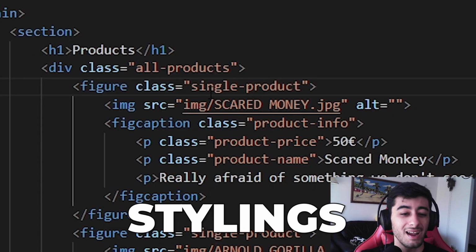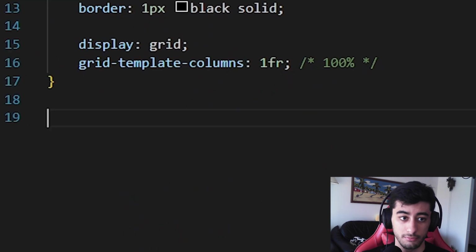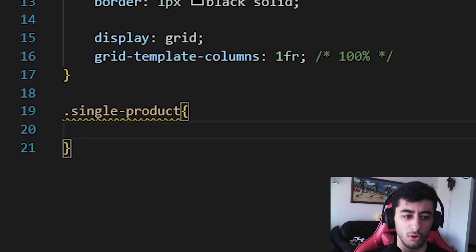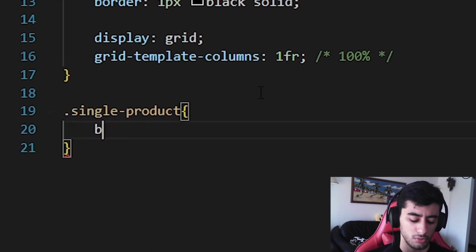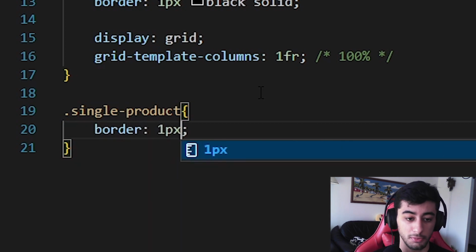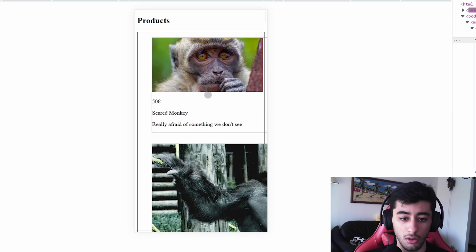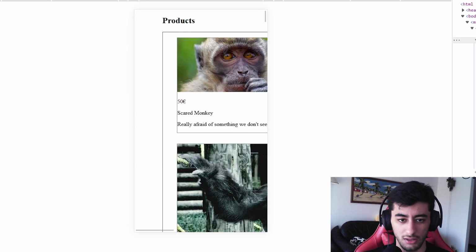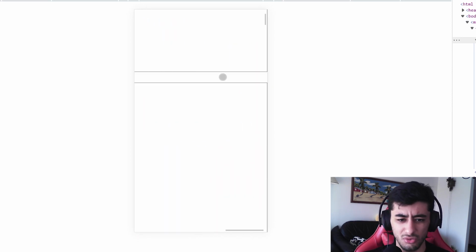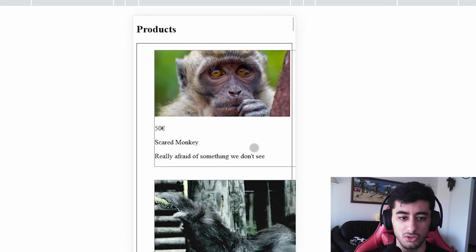Then we are also going to start applying the stylings for the single product, because the single product is just as important as the all products. Single product, we are going to start by applying a border of 1 pixel width, this time gray, solid. And this way you can already see how the items are going to get. Of course, it is going to look really bad because we did not cover the images yet,